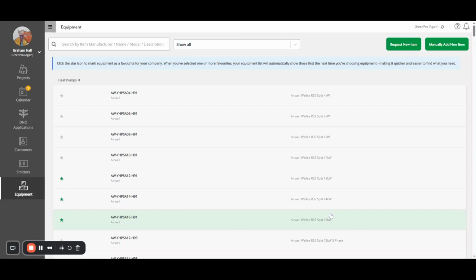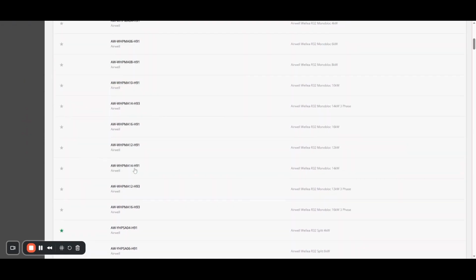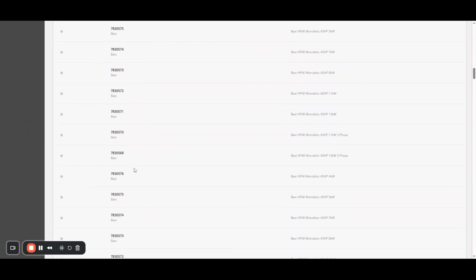So what that will do is it will pre-populate throughout the tools within the heat pump area of Toolkit anything that you would normally be having to manually type in. What you can also do is if there are certain products that you use repeatedly and you don't tend to stray from that, then you can find the one that you'd like, and then you can click on this little star here. And what that will do is it will favorite it. So that means it will always show up at the top of the list